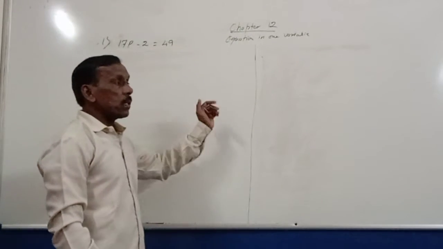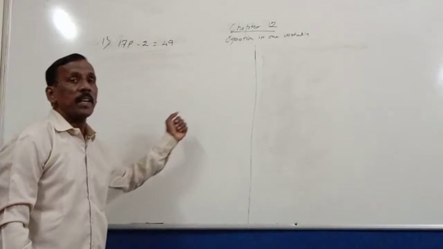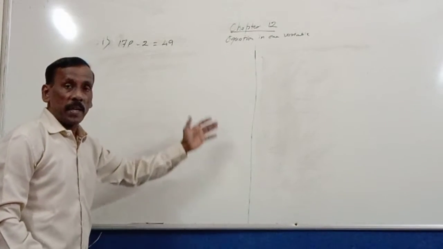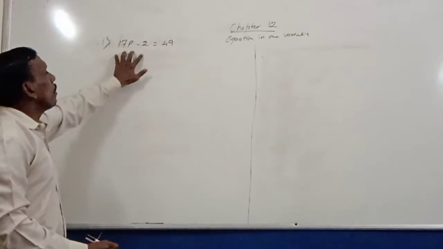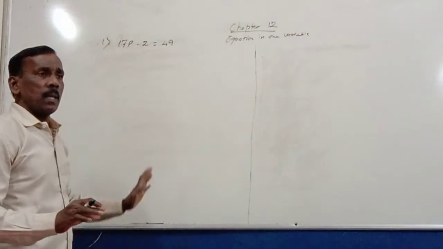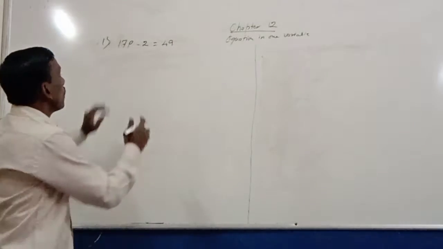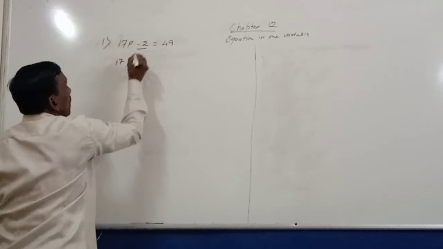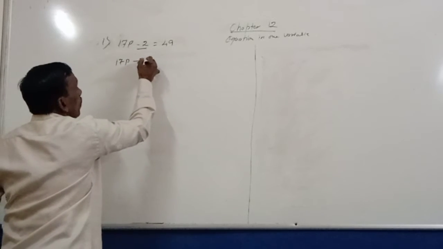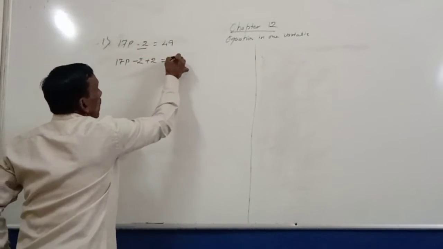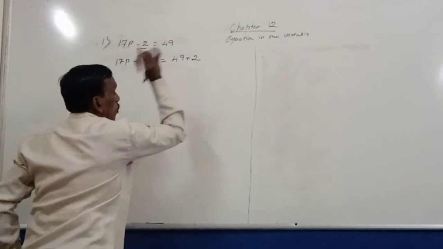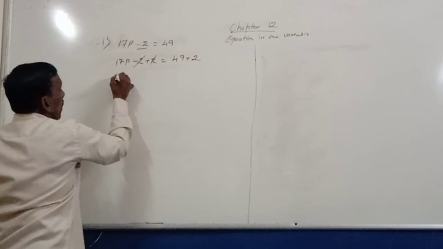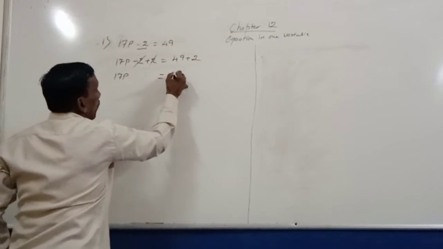Now, in the last sums, we have done 4 sums here. There was only one single number we were shifting there, again dividing, adding, subtracting, and multiplication. Now here 2 numbers came, but it is the same method. Do not be afraid. First, what do we do, one by one? If I cut this first, minus 2 means it becomes plus 2 here. Same like this, here it becomes plus 2, making 3 here. So minus into plus becomes minus, it cuts. Now it becomes 17p is equal to 51.